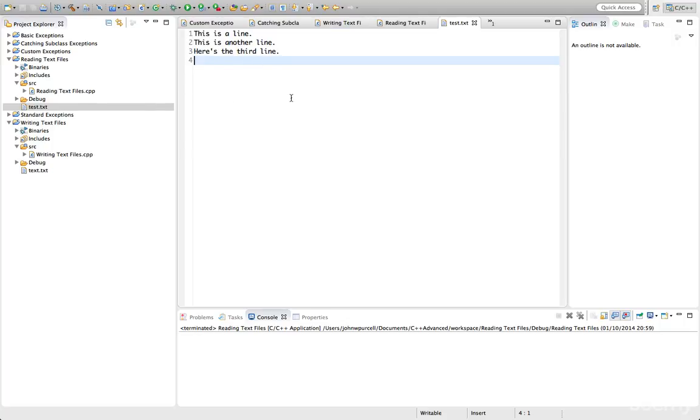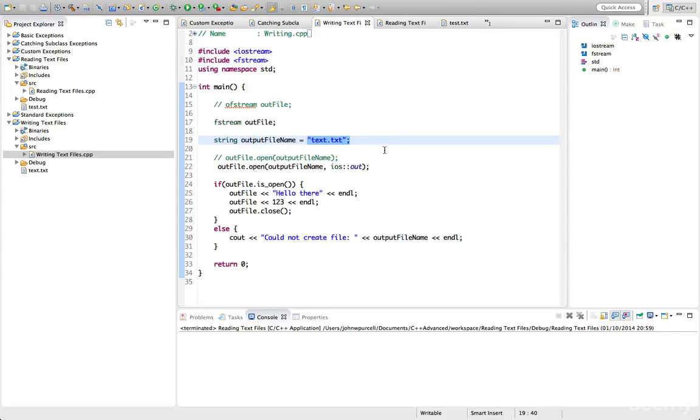In this tutorial I'll do the same that I did in the last tutorial where we were writing text files, and there I just use the name of the file. So if you just use a file name, you don't use the file path, then the location of the file is going to be the program's working directory, and that's going to be the actual project folder in Eclipse by default. So you can specify full path names to your file open method here,